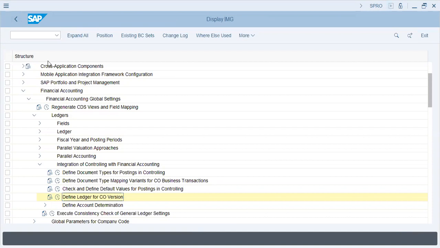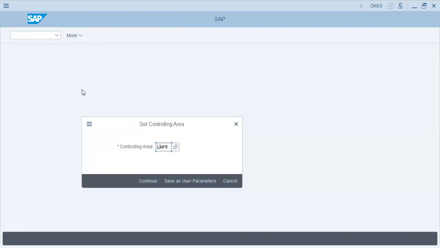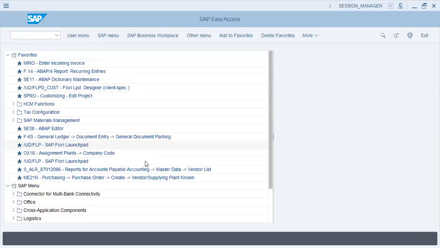Okay, currency settings, we've already discussed that. Now let's actually go for the next step, that is OKKS. OKKS is controlling area is LAP. Okay, that is set. Next step is